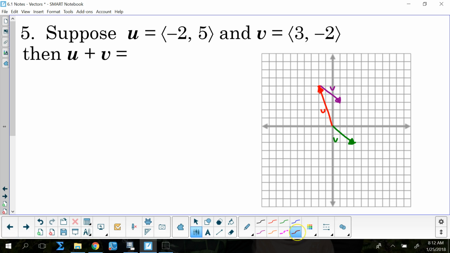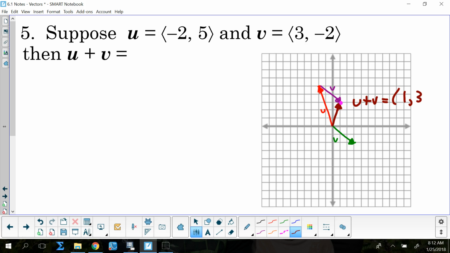And then my result would be... that's a bad head, but try that one again. Okay? So there would be my result, which would be there, and that is u plus v, which is at the point 1,